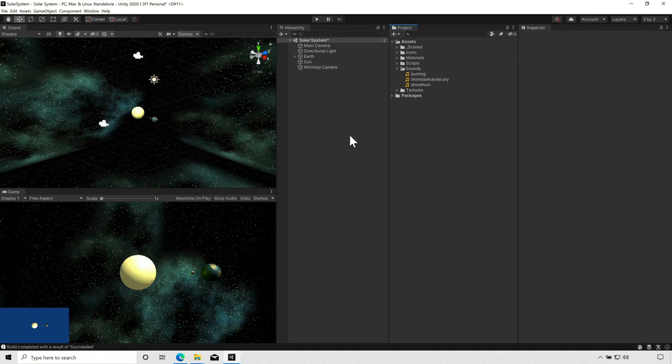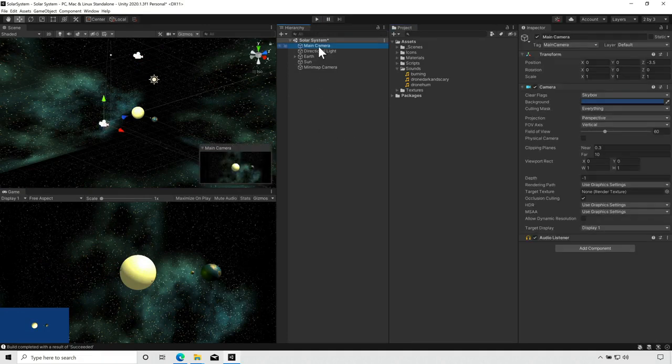Okay, the last thing that I want to do is I want to make my main camera controllable. So we actually included one other script in our project. It's the look at target script, and we can go ahead and attach this as a component of the main camera. So let me drag and drop it here on the main camera,